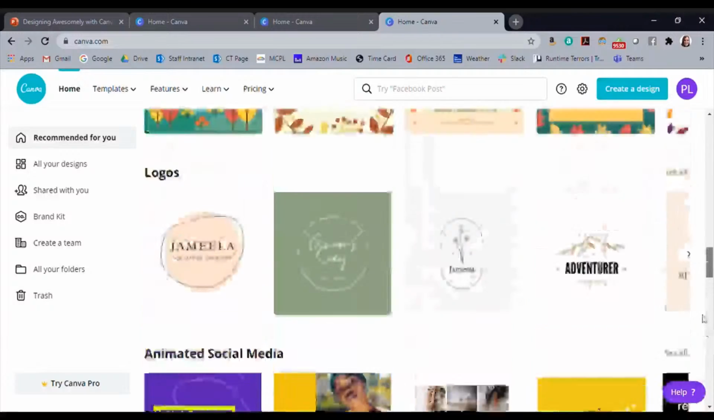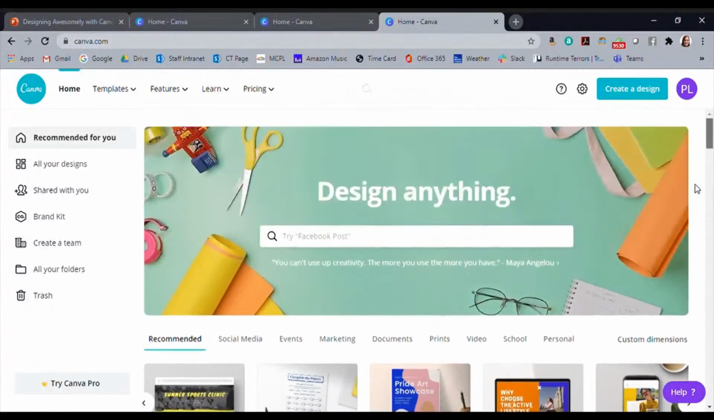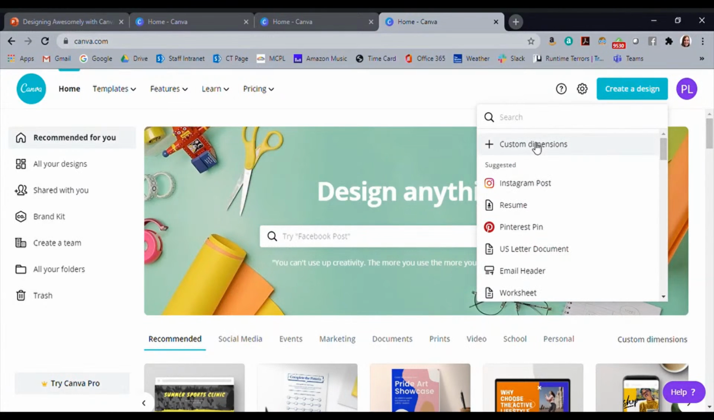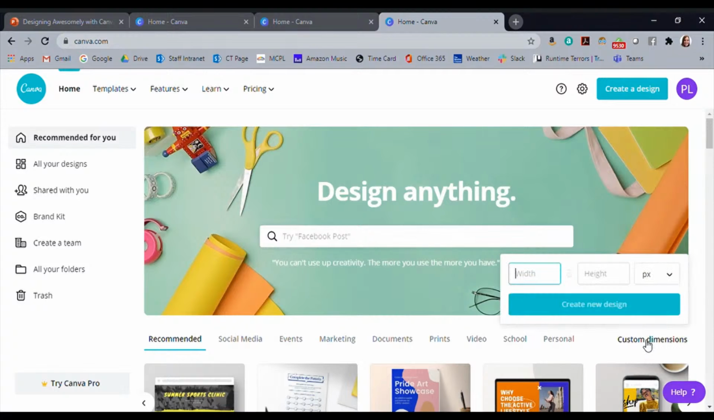All right, so I'm going to scroll back up somewhat slowly. I don't want to make you guys dizzy. So in this little top right corner where I could create a design, there's a custom dimensions option. There's also one right here at the end of this list of templates and choices to choose from. So I'm going to click on that one, and it gives me the choice to do the width and height, and I can do it by pixels, inches, millimeters, or centimeters. So if you want to create a teeny, teeny, tiny design, you can. I'm going to do pixels,